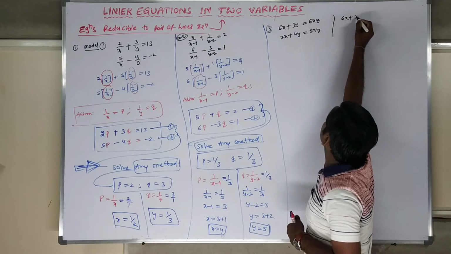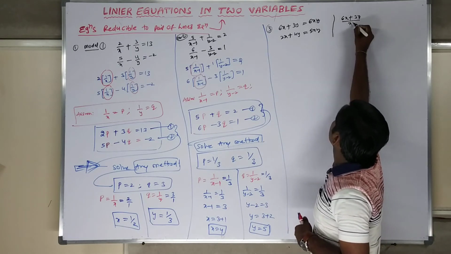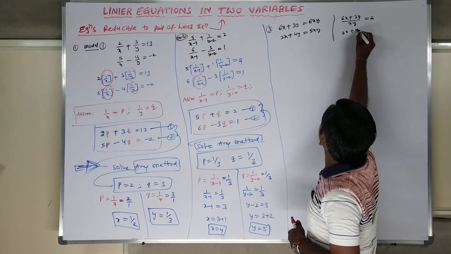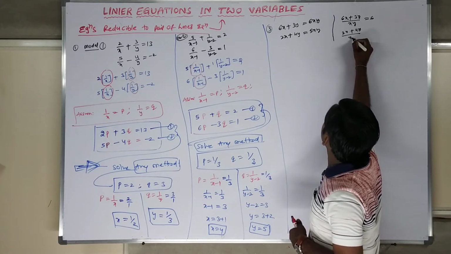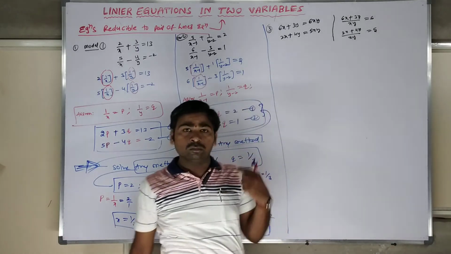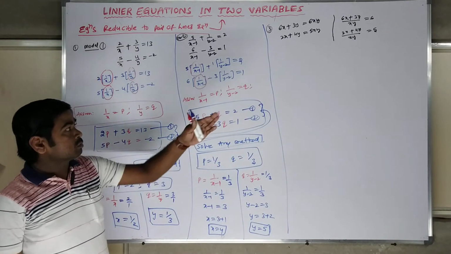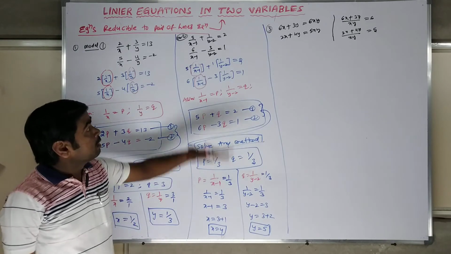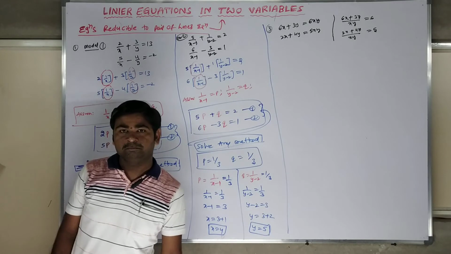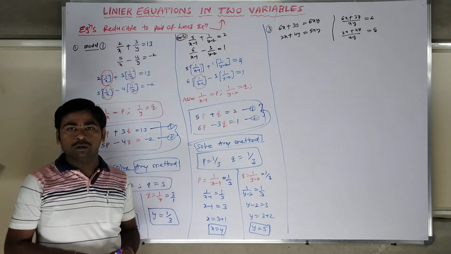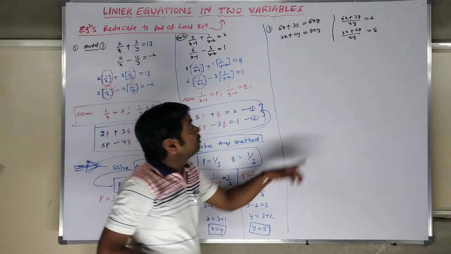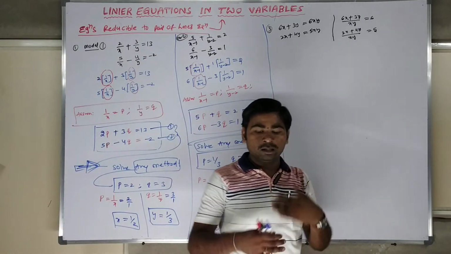or sometimes the question will go like this also: (6x plus 3y) by xy is equal to 6, or (2x plus 4y) by xy is equal to 5. Like this also the question will come sometimes. It looks like some tough model, so don't worry about that. The model will come like this or like this. I'll tell how to do it.